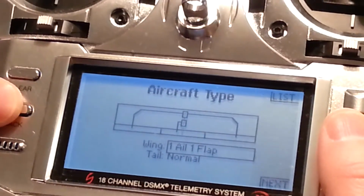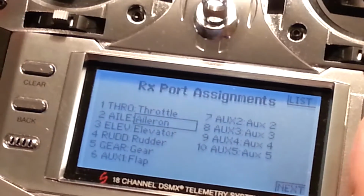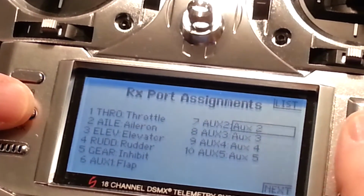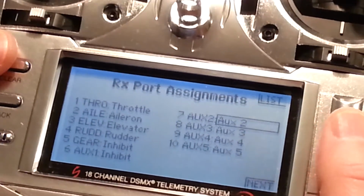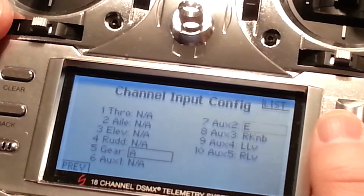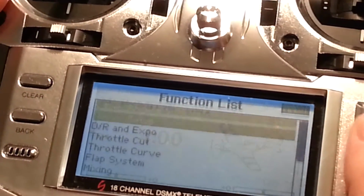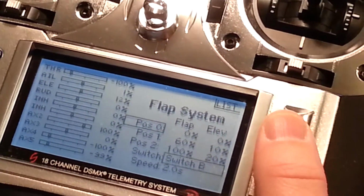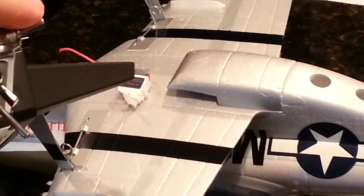So, go back. And then basically you can go down to channel assign, and we know it's the gear, so we're going to clear that, and we're just going to leave that. Let's change this to inhibit, and then we're going to go to next, then we're going to clear that, go back out, and that way it won't cause confusion. Flap system, we want to change it from switch A to switch B, so you'll just select it and then you can actuate the switch, or you can scroll to it. And if you look back here, nothing happens with the gear switch now, but when I flip this,